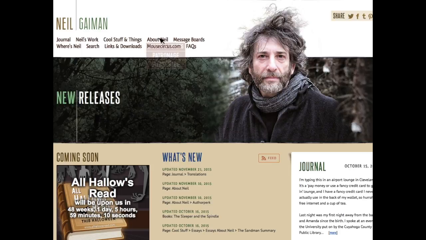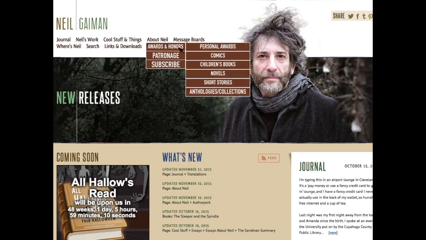In my little example here, if you hover your cursor over About Neil, you'll be presented with a drop-down menu that will show off separate sections: awards and honors, patronage, and subscribe. If you hover your cursor over any of these initial subsections, you'll get additional subsections. So if we take a look